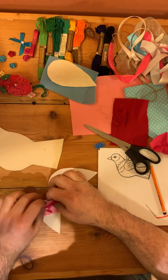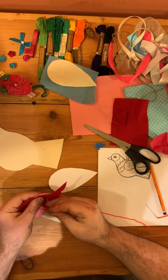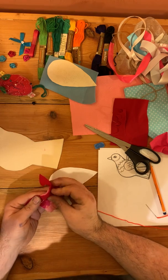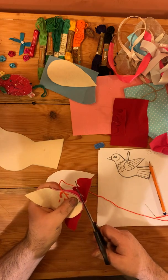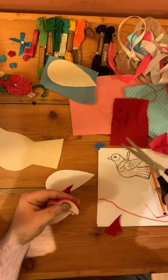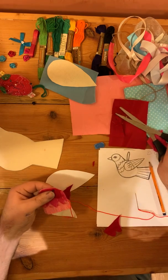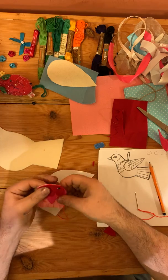And I'm going to use my pin. You can see I have 4 layers now of felt, which is getting quite bulky, and I'm just going to pin that now together, and with my scissors I'm going to trim it away so that it matches the shape of the wing. Okay, I'll trim that little bit part away there. Okay, now